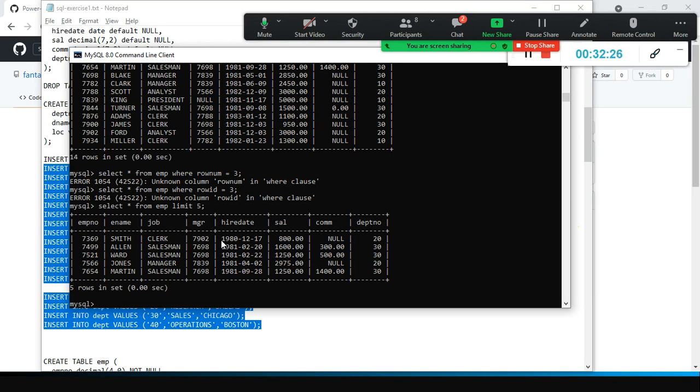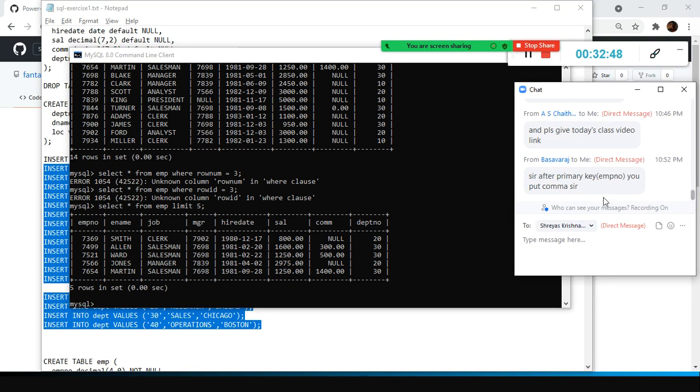Okay, and how do I see the last 5 records? Shreyas, you were there in the last session, right? How do I see the last 5 records? So using the limit command, we can restrict the number of records that have to be fetched, right?